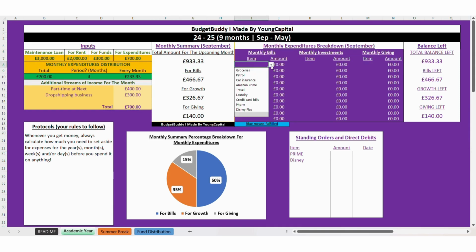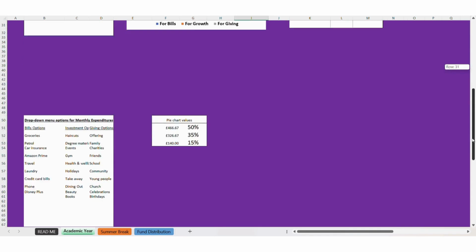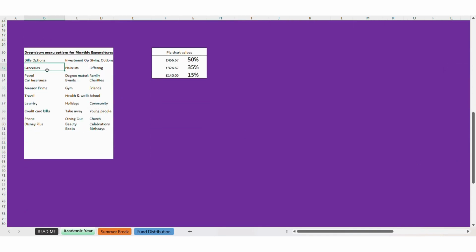We have a drop down menu here of all the different varieties of options that you can choose from. Some of it may not be applicable for you, some of it may be. You may want to add some stuff, you may want to take some stuff. We have a drop down menu over here. Whatever is in this white box that I've highlighted here,